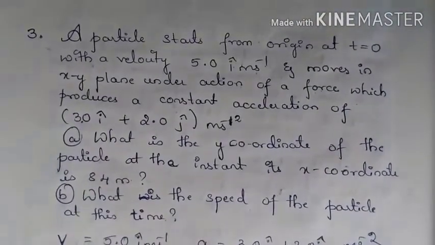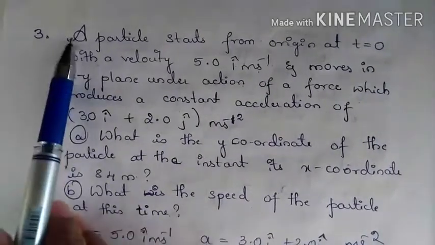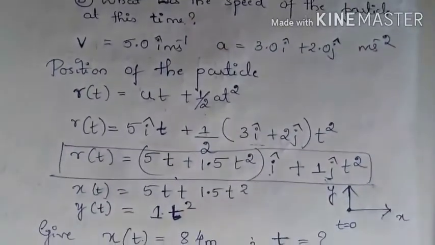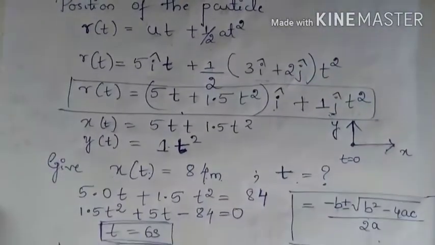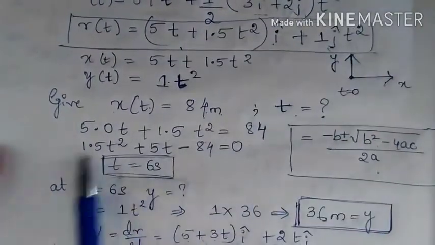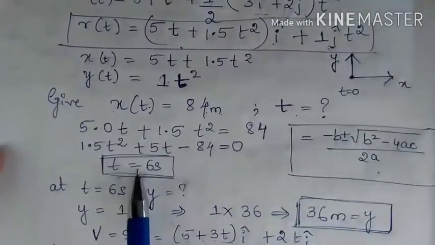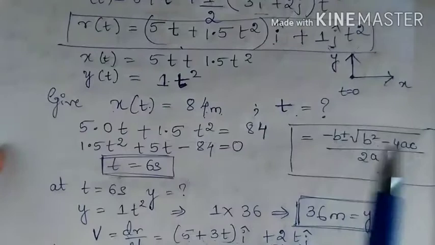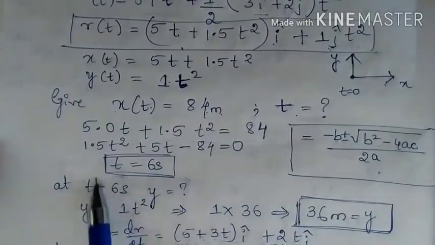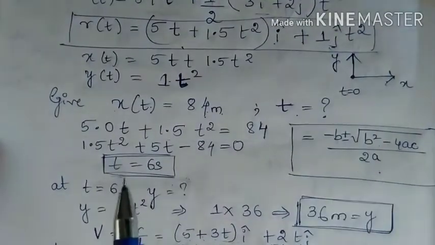The first question and second question have been solved in the previous lecture. So this is the third question. The solution is like this. With this formula you should find the t. If you substitute the values in this, then you get t is equals to 6 seconds. Try doing that, don't directly put the answer. If you directly put the answer in the examination, then you will not get the marks. Try to solve this and find what is t.